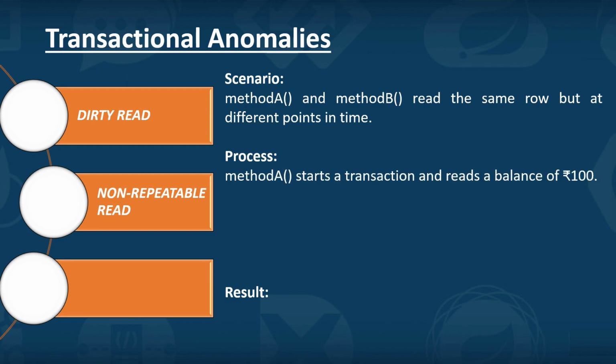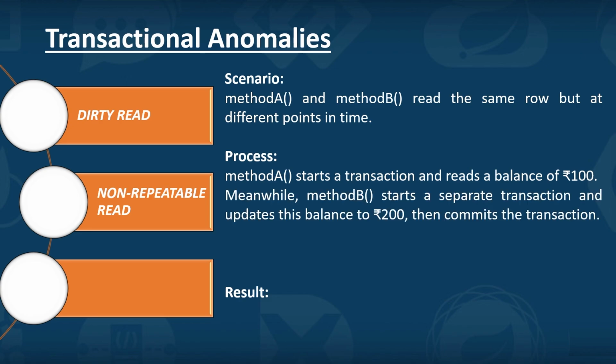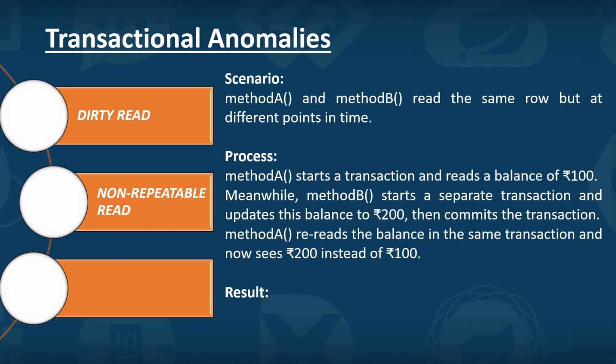So let's say method A will start the transaction and read the value as 100, because 100 was there in the database. Meanwhile, method B will also get started, a separate transaction will start, and it will update the balance to 200. And this time it will even commit in the database. So method B has updated the value to 200 in the database. Now after this, method A, due to some reason within the same transaction itself,